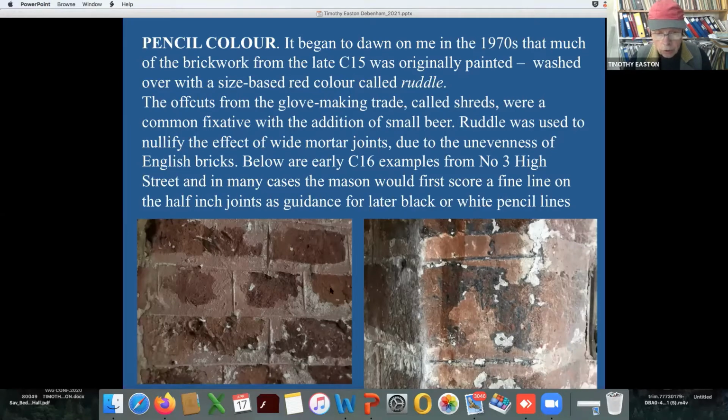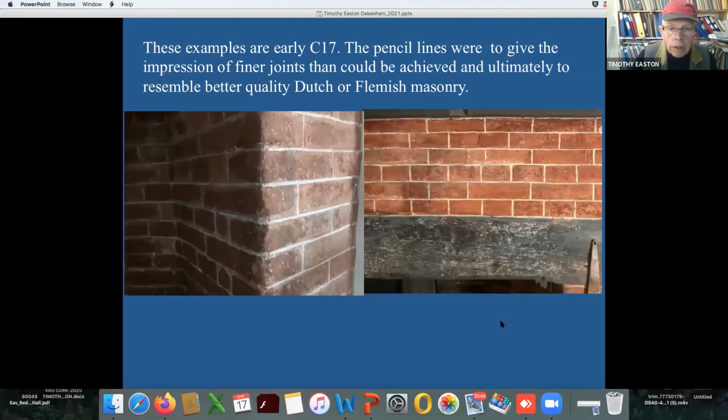So this house has got a number of these fireplaces here, of which I can't detect any penciling except the plainest room upstairs, which is the hall chamber. And there you've got the black penciling. But in the 17th century, it was much more common to find this. This is white penciling. And you find that often the chimney lintel beams are painted in the 17th century with